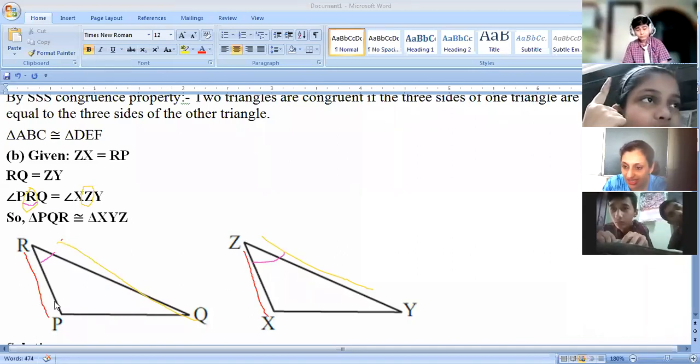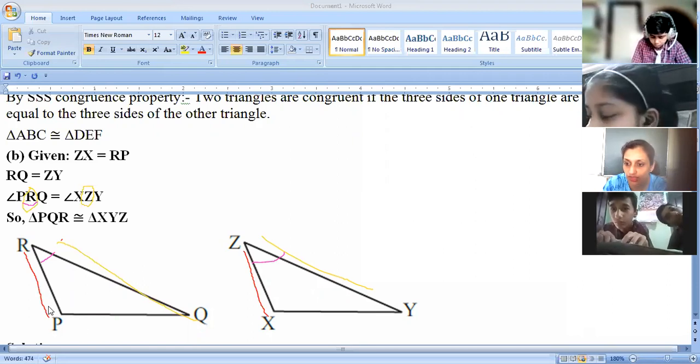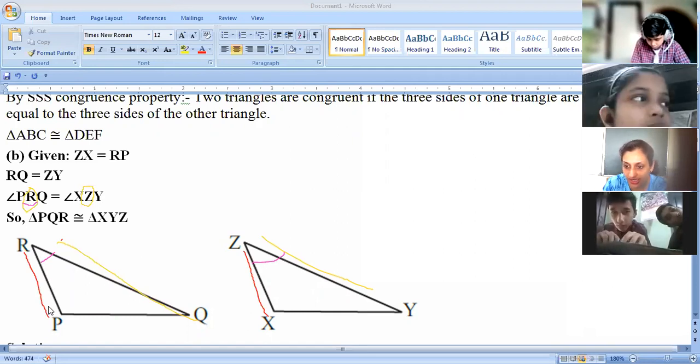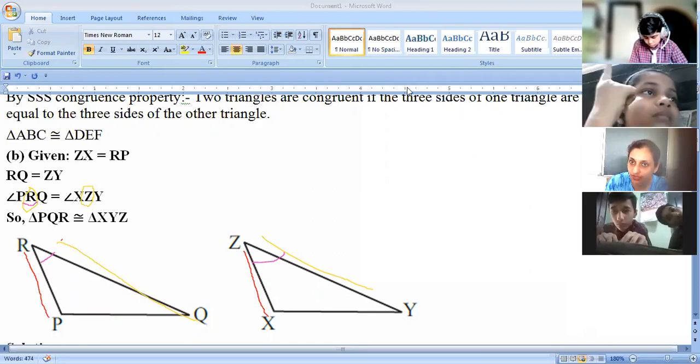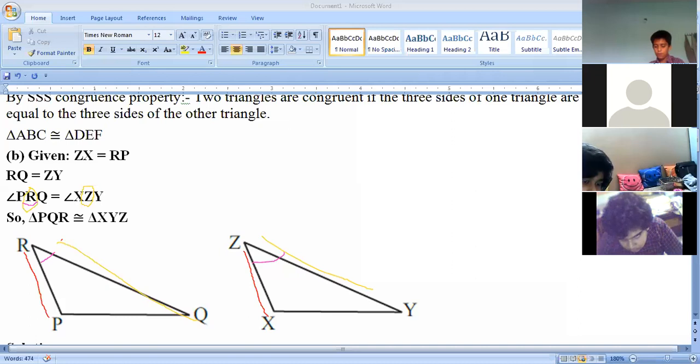If you are talking about angle, side, angle, then both the angles should be together and the side should be in between. Side should be in between at that time if you are talking about the ASA criteria. Yesterday I told you about the 4 criteria. Yes, Avika, you are right. That RHS, SSS, ASA and SAS. After this, if you talk about angle, angle, angle, there is no congruence criteria like that. If you are talking about angle, side, side, then there is also no criteria like that. Okay? And always remember that all the three things you are talking about, whichever criteria, should be together.